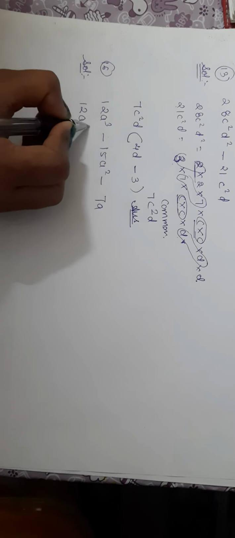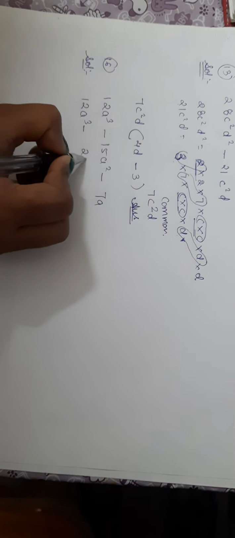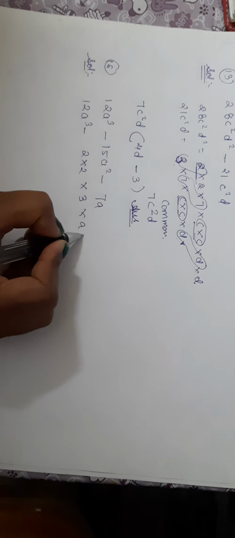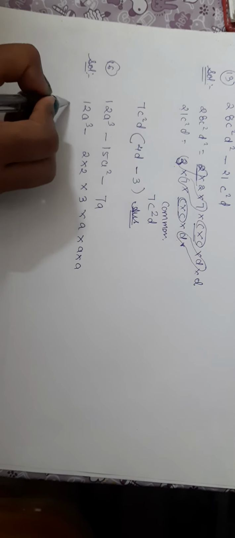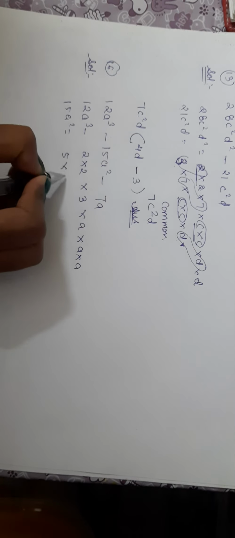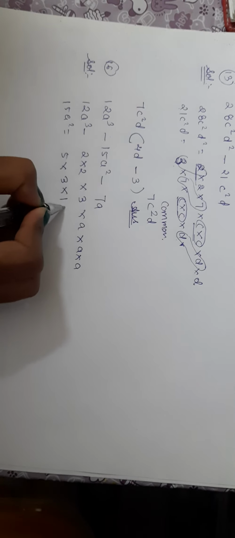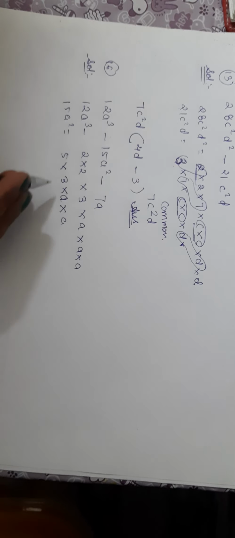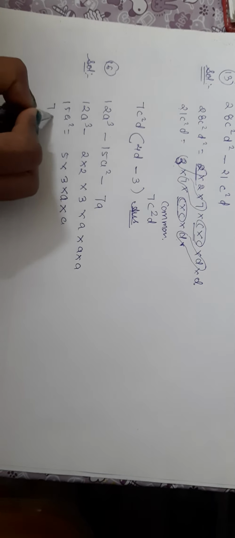So 12a cube can be written as 2 into 2 into 3 into a into a into a. Again 15a square can be written as 5 into 3 into a into a. So we will write down this. 7a can be written as